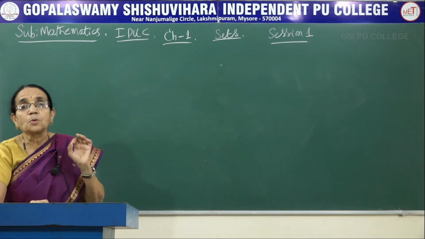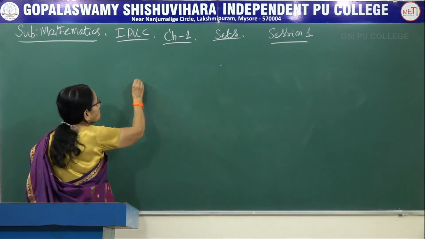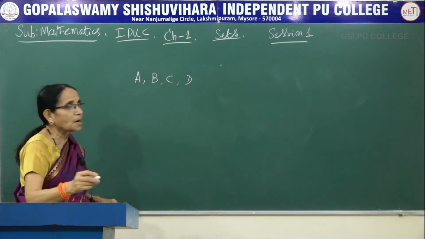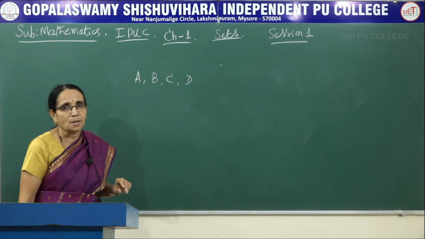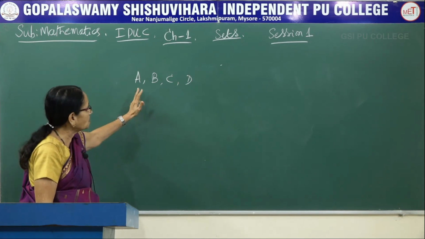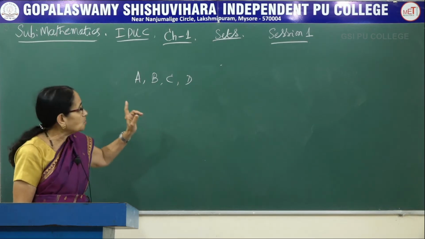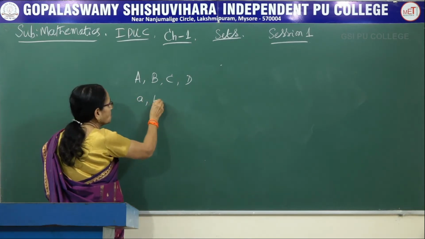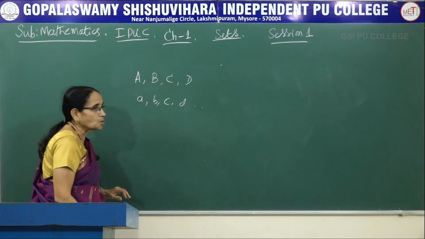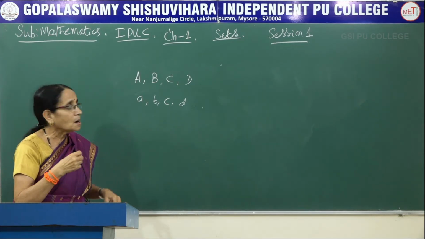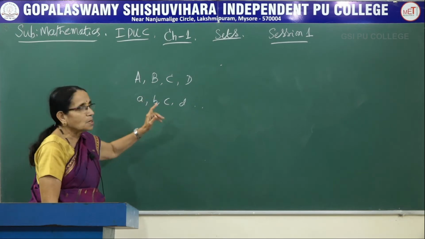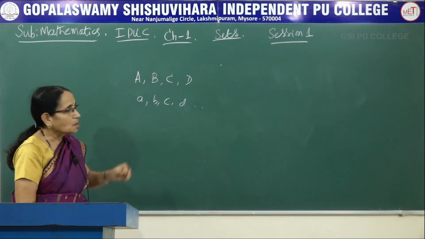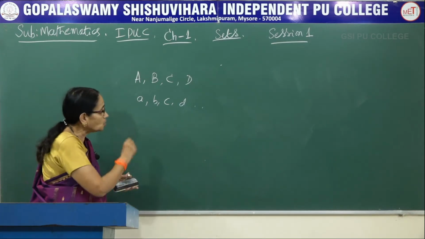Next thing is, how do you denote a set? A set is always denoted using capital letters: A, B, C, D, E, F, G, H, etc., X, Y, Z, any, but it should be a capital letter. That is, we use the capital letters of the English alphabet to denote a set. It's for the notation purpose. Next, the small letters a, b, c, d, etc., we use to denote the objects belonging to the set. So the capital letters are used to denote a set and small letters are used to denote the objects of the particular set.